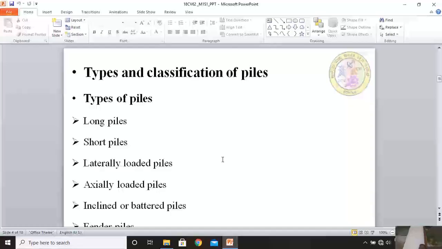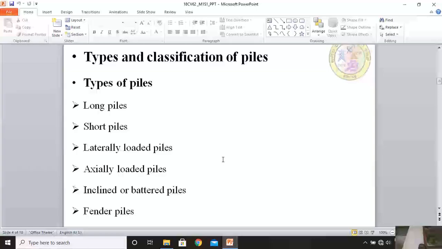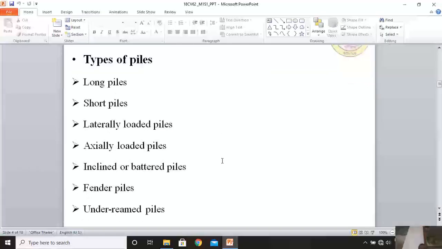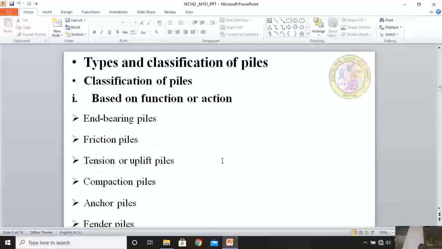Now I want to explain about types of piles and classification of piles. Types of piles: long piles, short piles, laterally loaded piles, axially loaded piles, inclined or batter piles, fender piles. Okay, so one more type of pile is under-reamed piles. Now I want to explain about classification of piles based on the function: